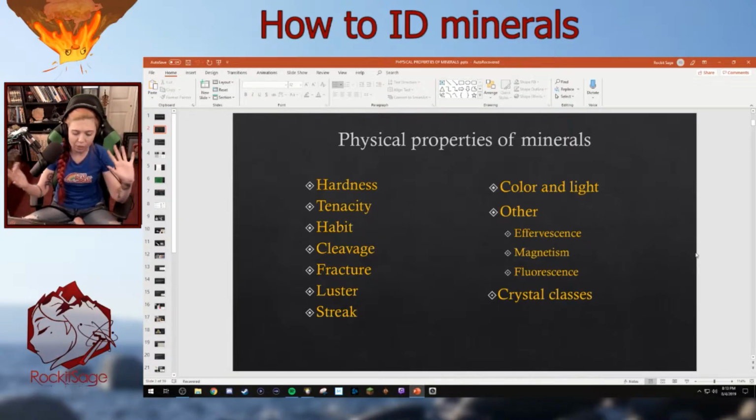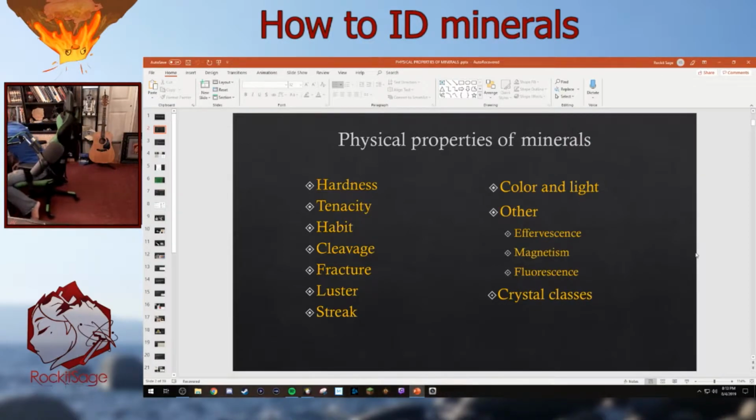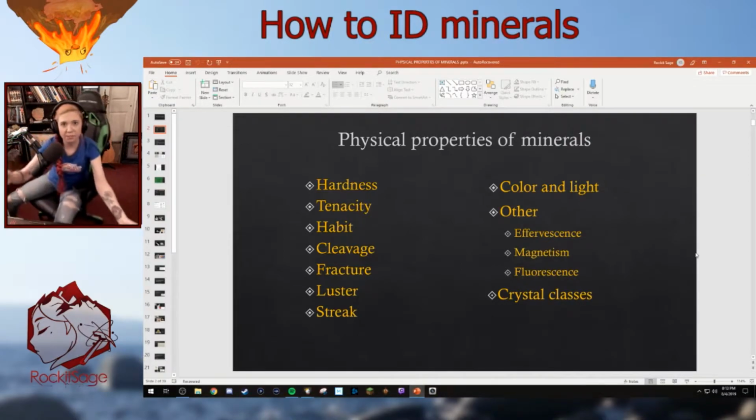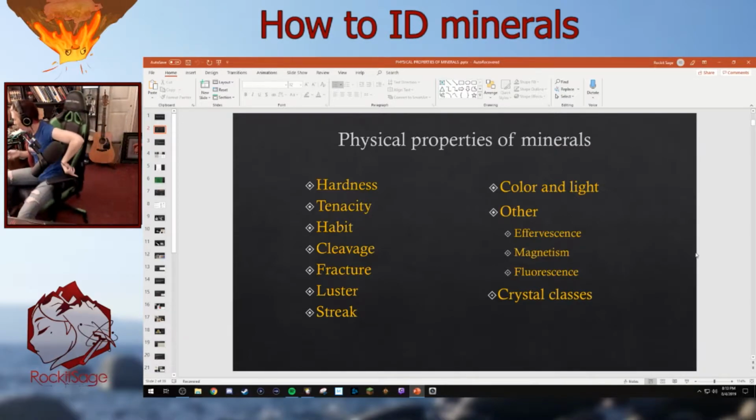But we call that heft, and we can do heft tests by, well, if you were to grab a piece of galena, which has I think a specific gravity of 7.6 or something, it's lead sulfide. Compare that to